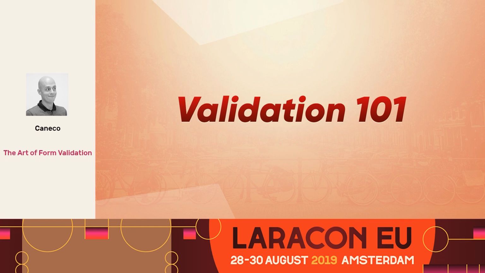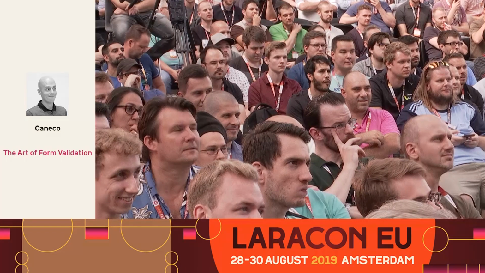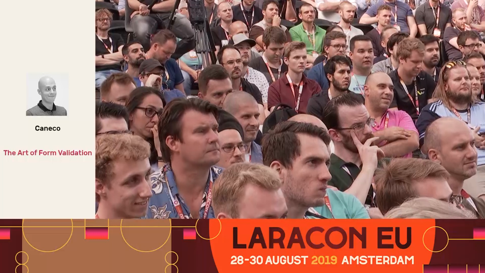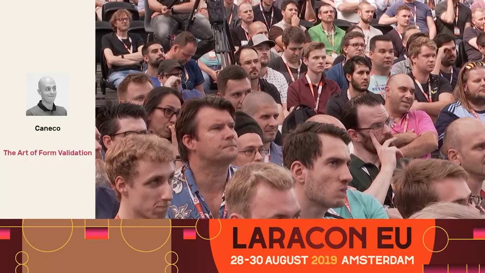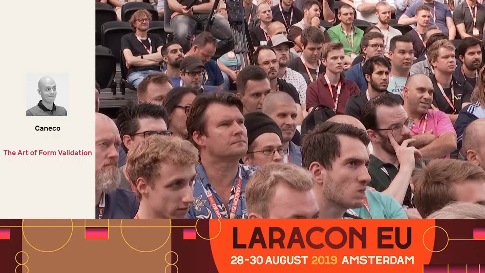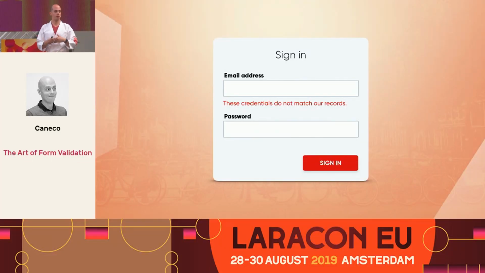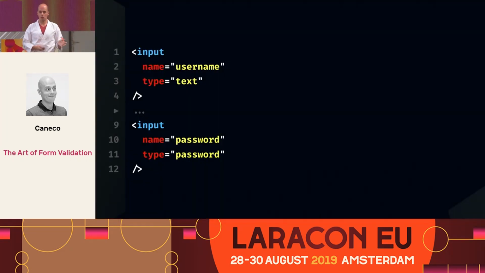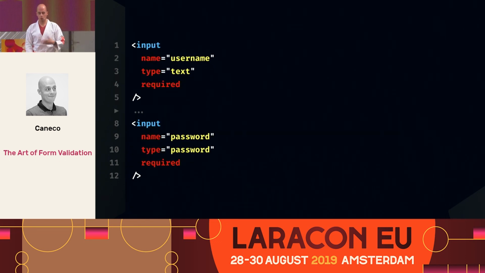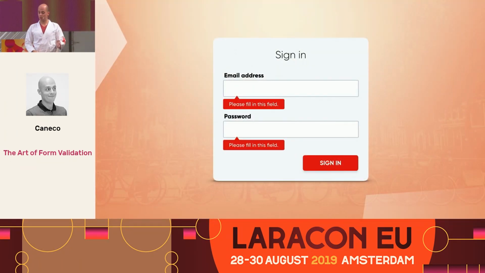So, validation 101. What's validation? Imagine this simple form. When you try to submit, there's a request to a server, but no data was in the input fields. So we just make a request out of nothing. But why? This was pretty much our HTML code. What could we add there that could help prevent that tiny request? Let's just add required there, plain and simple. So next time that we try to sign in, at least a tooltip will appear, preventing the user from going forward.